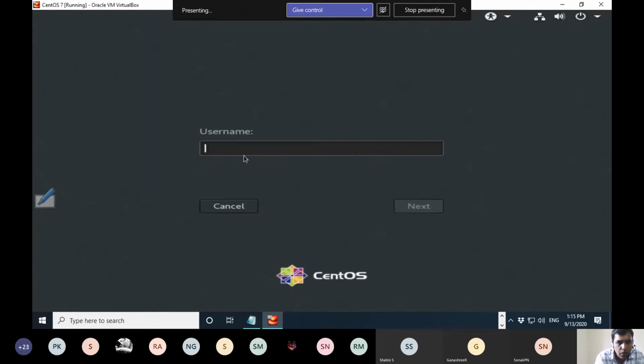Okay, now log in as usual as the root user. Root, and give the password. You can sign in.